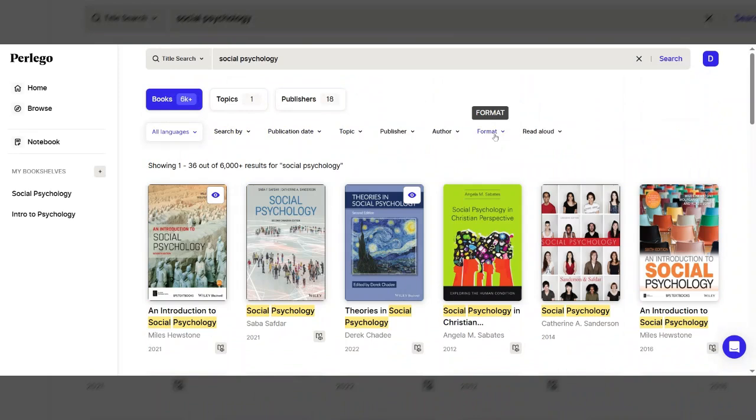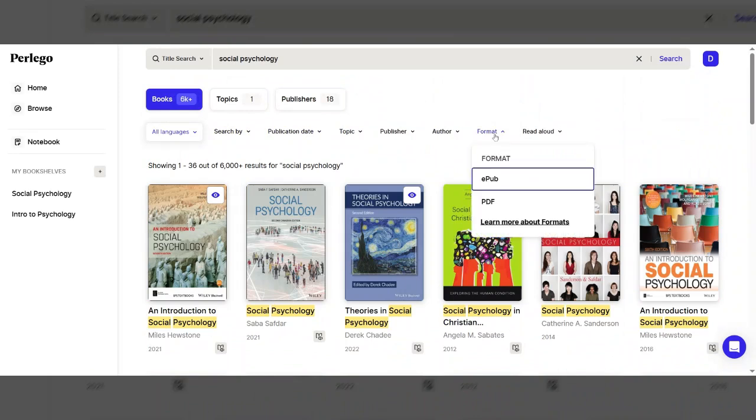And just a couple of things. You may have seen other videos around accessibility. There's two types of formats for the books on Perlego. So one is EPUB and one is PDF. And the EPUB is just a lot more flexible in terms of what you can do, and it's a lot more mobile friendly, and it's a lot more friendly in terms of accessibility. So there's a lot more options in terms of changing font size and color contrast and things like that.